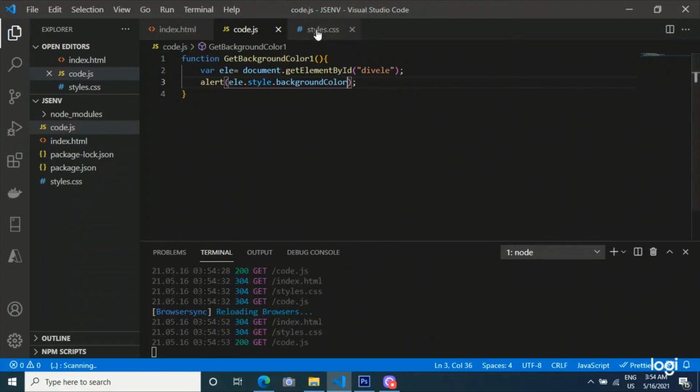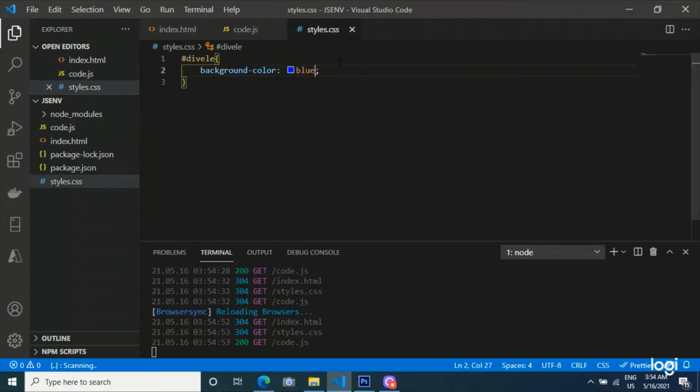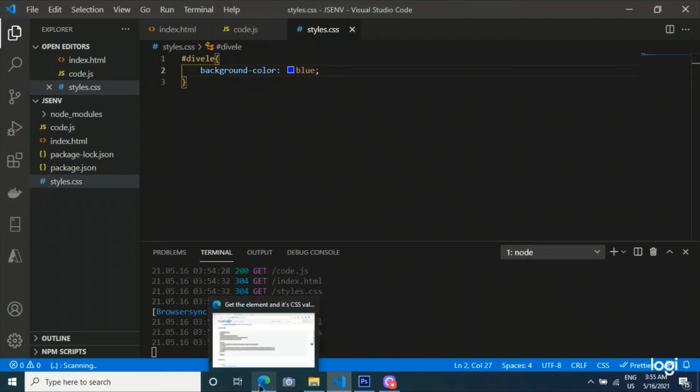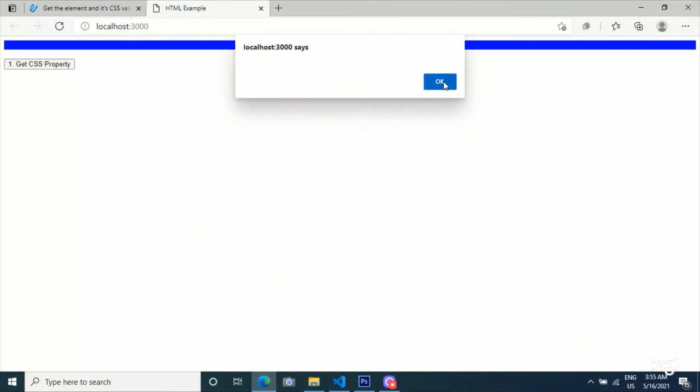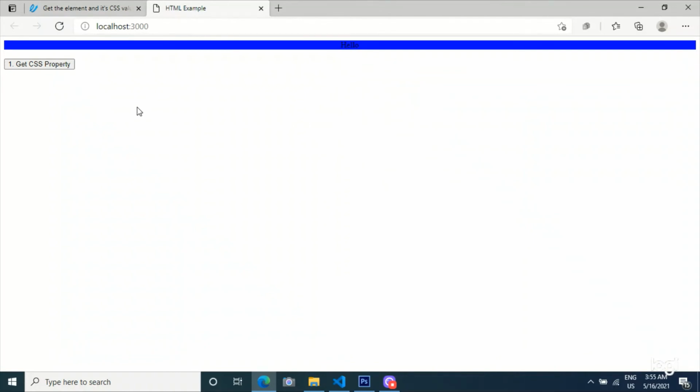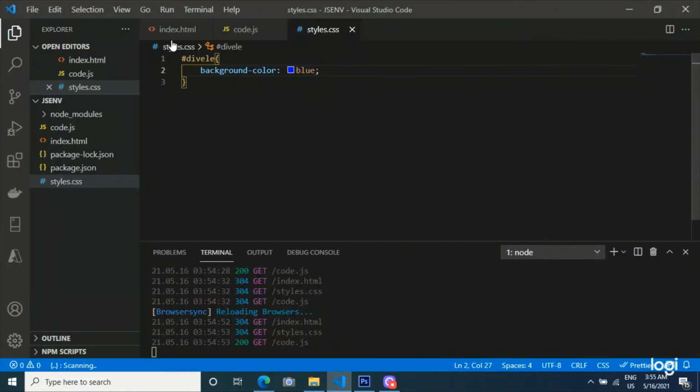The background CSS property is defined inside styles.css, which is an external style sheet. But here it is empty, because the style property will get the CSS values which are defined inline to that element, which are defined inside the element.